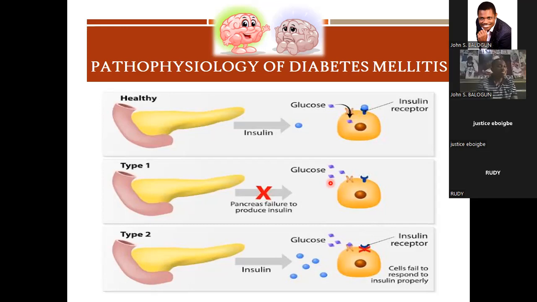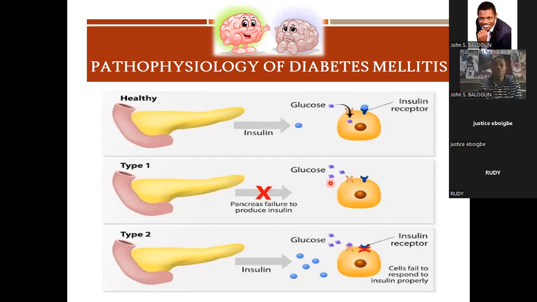It's mostly seen in adults, and that is why I was telling you we will not put so much focus on it, because both of them still have a similar method of management. The same method we use in managing diabetic ketoacidosis, we still adopt in management of hyperosmolar hyperglycemic state. The only difference is that the level of dehydration in HHS is far more than that of